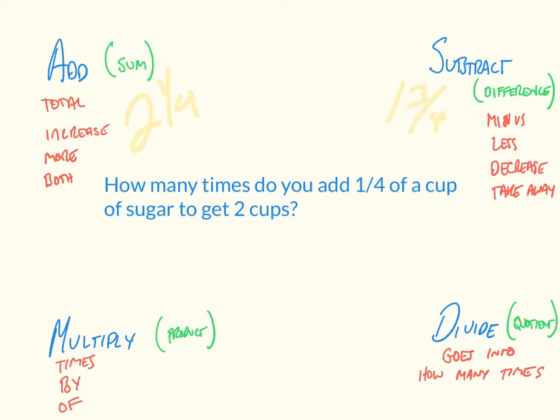If I multiplied them and said, what is 1/4 of 2, I'd get a half. And if I divided them, I would get 8, because 2 over 1, I would get 2 times 4 over 1. So that's where my 8 would come in. So looking at those answers, sometimes it can help to say, which one of them makes sense with what the